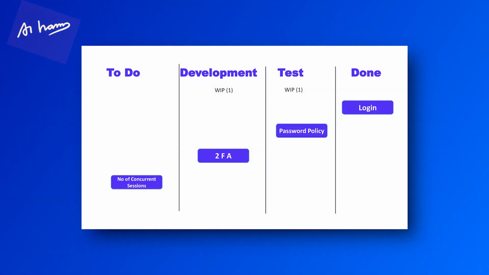You limit the work in progress, and then Kanban has a pull system. Whenever a column is empty, you pull work and you get it done. If you have more things in work in progress, there's also a risk of rework. There's also a potential risk of unknowns. You don't know what is happening behind those stories until you go and test it, give it to the customer, and get feedback.